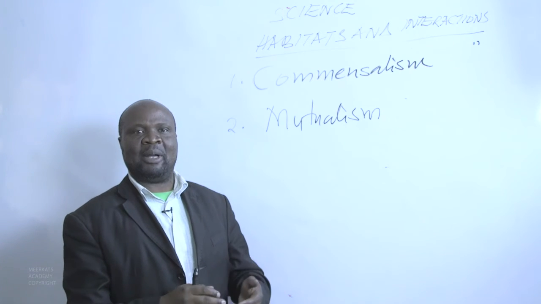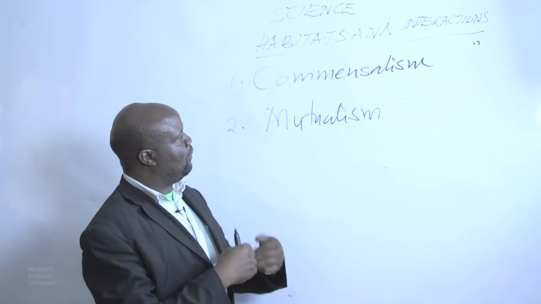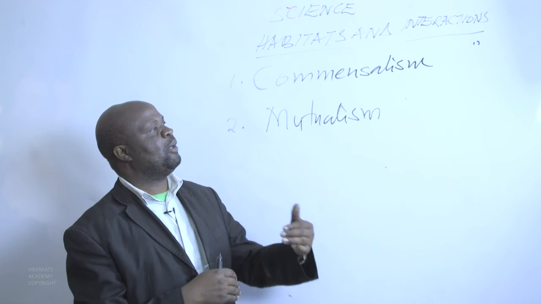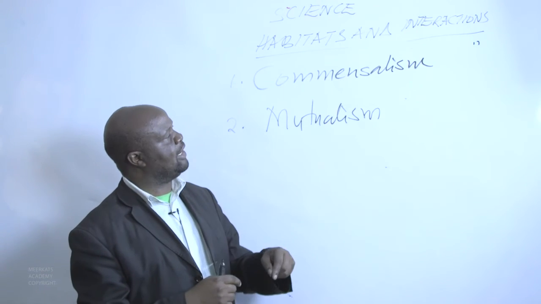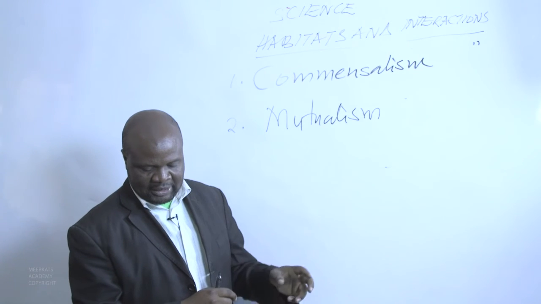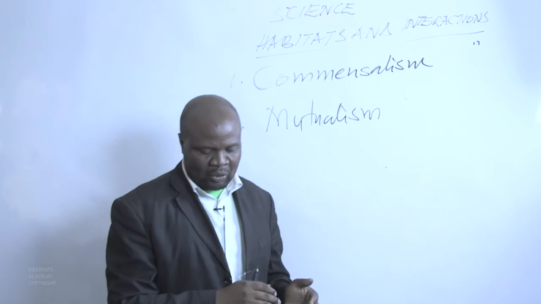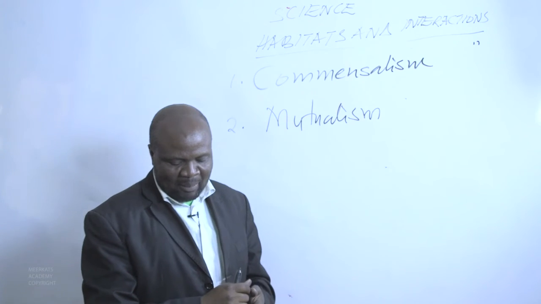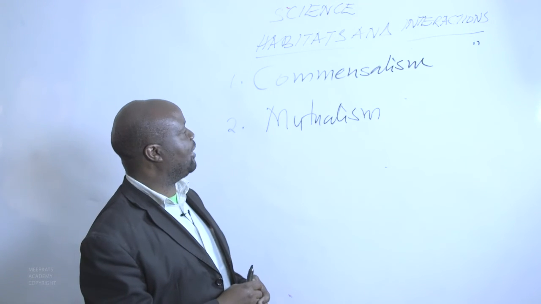In the case of a danger, the bird will fly very fast, and then the buffalo know that the danger is here. So the buffalo will gain from the bird because it will be able to alert it very fast if there is any danger, and the bird will be gaining by eating the insects that are found on this particular animal. Then we say that's mutualism. But another example that we can give, we have only given an example of animals.